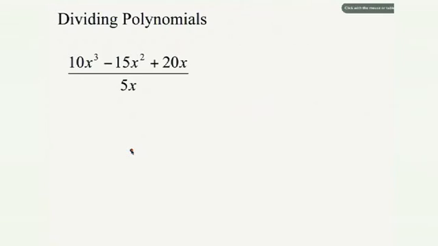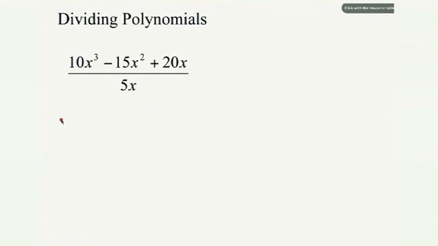All right, finally, let's finish this chapter by taking a look at dividing polynomials. The first type of problem is dividing a polynomial by a monomial. Let's take a look at how it's done. So here we see the problem 10x cubed minus 15x squared plus 20x divided by 5x. These problems are easy as long as you remember one thing. Each term in the top of the fraction gets divided by the bottom of the fraction. In fact, that's our first step.